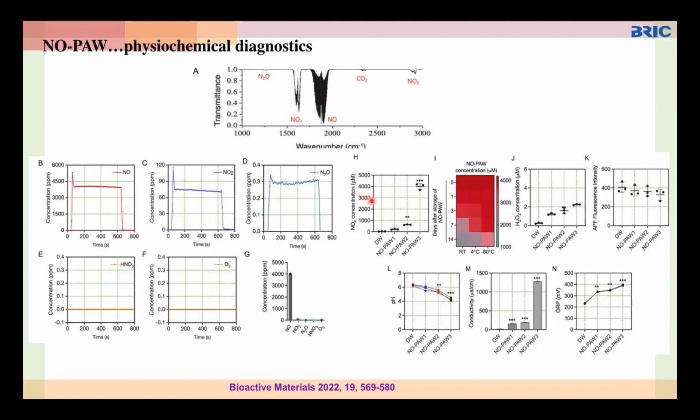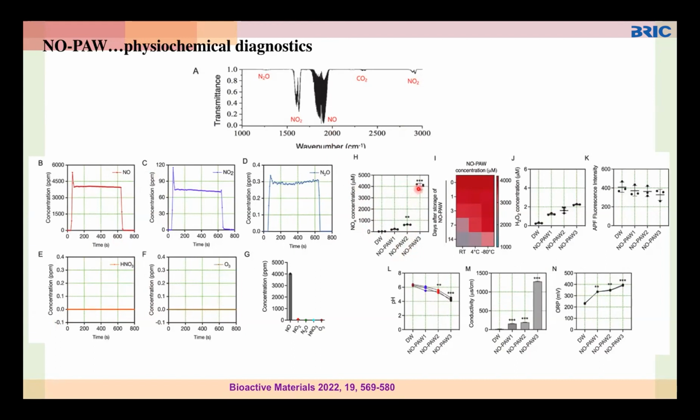So it means we are producing just nitric oxide by using this plasma. And this nitric oxide further goes to the water and forms nitric oxide species. And we checked the nitric oxide species in the liquid. This is the gas phase data. This is the liquid phase data. We checked the liquid phase nitric oxide concentration, and we found 4,000 micromole concentration of nitric oxide inside the water.